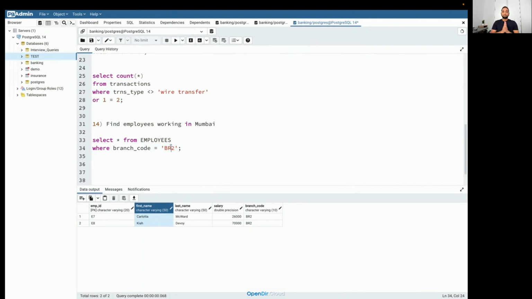A better approach would be that instead of using BR2, the value that was given to us was Mumbai, but tomorrow they might give some other state. Every time you'll have to go and query another table to identify the code for that particular place, and then modify your query. Rather, why don't you just use the values given in your question and write a generic query? So I know that if I go into my branch table, so I select star from branch